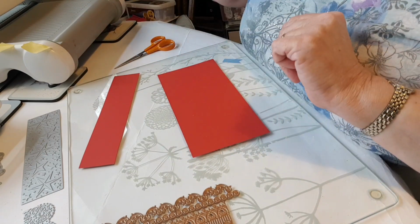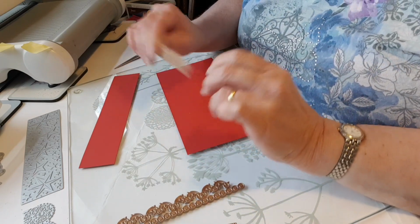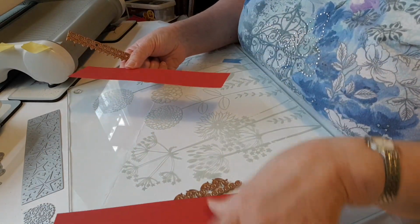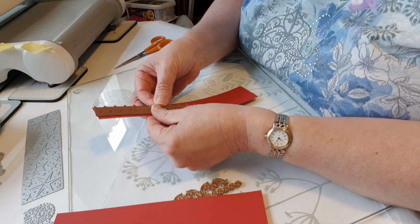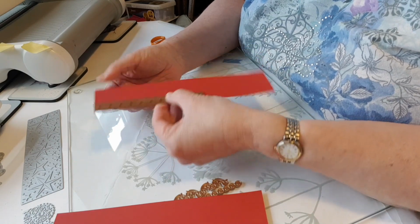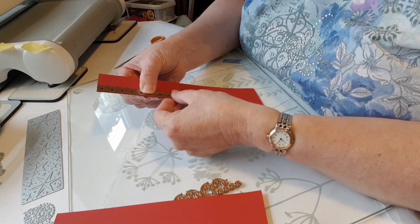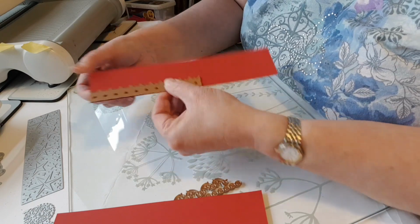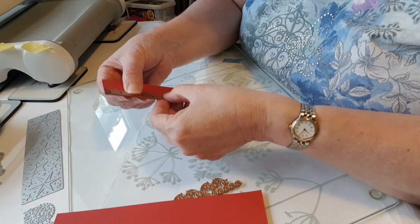So, the foiling. Let me grab this one. I'm going to do this to match my end piece that I've already done. So rather than try and put this on the GoPress and foil, or whichever hot foiling system you have, because it really doesn't matter for this, and try and get this lined up, what I'm going to do is use a piece of tape to make a hinge, and I'm just going to line my foil stamp up with the edge of my card,